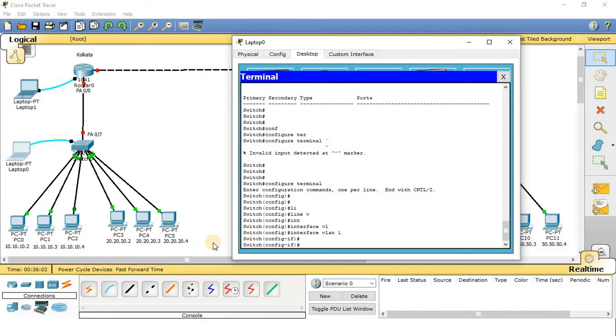Now I will assign an IP address. What IP address will I assign to this VLAN? The network value must be the same as the network of all the computers connected to the default VLAN. So all these 3 computers are connected to the default VLAN, and I will assign the same network here, that is